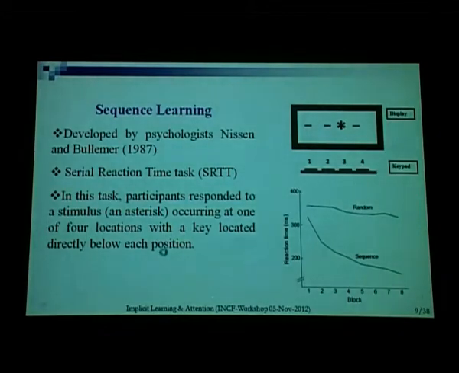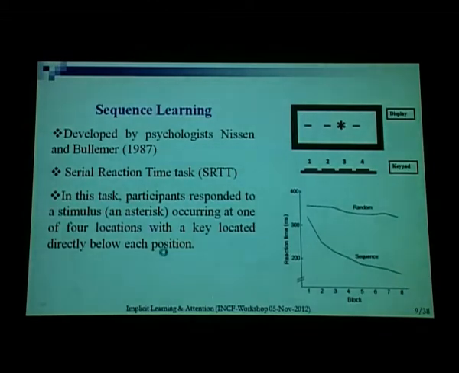It's not known or given to them, but by responding sequentially to the stimuli, subjects become experienced in this unknown sequence. And there are 2 groups in the original study. There is a group that is given a random sequence of stimuli, and they do not show any improvement in reaction time; the average reaction time stays pretty much fixed over a number of blocks. The other group is exposed to a repeating sequence, and their response speed improves, indicating they are learning something predictive about how stimuli follow one another.